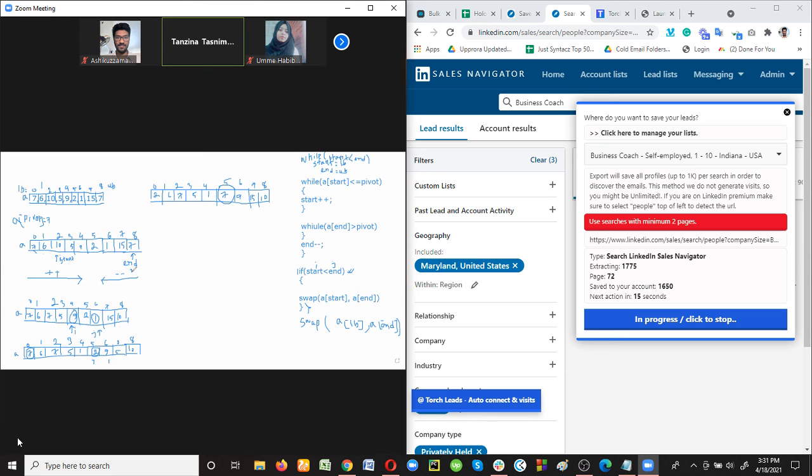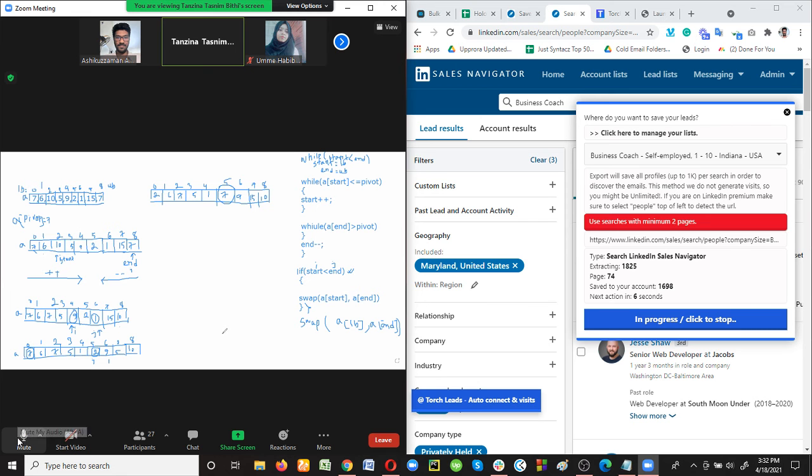There is another pointer, that is end. This pointer is used for comparing the elements which are greater than the pivot element. So whenever we get an element that is greater than the pivot element, that pointer value will be decremented by 1. Okay, so after that, when this incrementation and decrementation stops, then we can swap the data. The swapping will be done between the pivot element and the end element when the condition start less than end is not true. At that time, we will change the data, the data from the pivot and the data from the end pointer. Is it clear? Yes, ma'am.